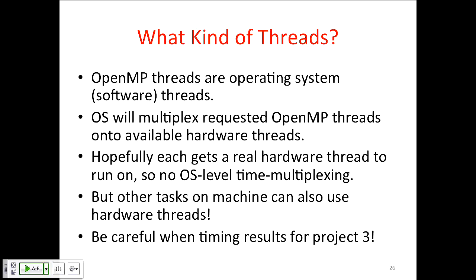In the best case, if you ask for 16 hardware threads and nothing else is running, every software thread will get a hardware thread to run on. But in reality, there'll always be something going on in that machine, so you'll see less than ideal performance. And especially if somebody else tries to run with 16 threads on the same machine, the OS is going to share. And on average, you only get 8 threads each. But in practice, you run much worse than half the speed because